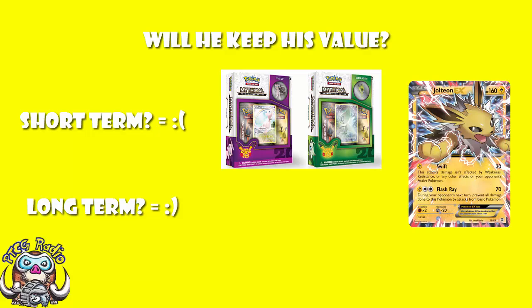However, long term, I think Jolteon could keep some value, and here's why. Generations is not a very playable set. It is a collectible set. It is not the kind of thing that people are going to buy loads of like they would a really good set to try and pull cards to play with. Although it should be pointed out that the vast majority of cards are actually sold to children going into a